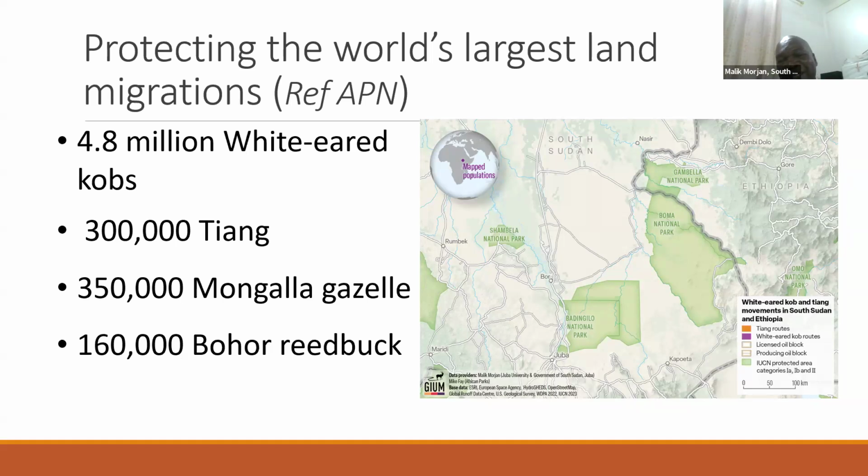It is the area east of the River Nile, up to the border of Ethiopia. It encompasses about 40,000 square kilometers. All those animals congregate here during the rainy season, and they spend about 6 to 7 months. And then during the dry season, they go on their migrations, which you will see on these maps.